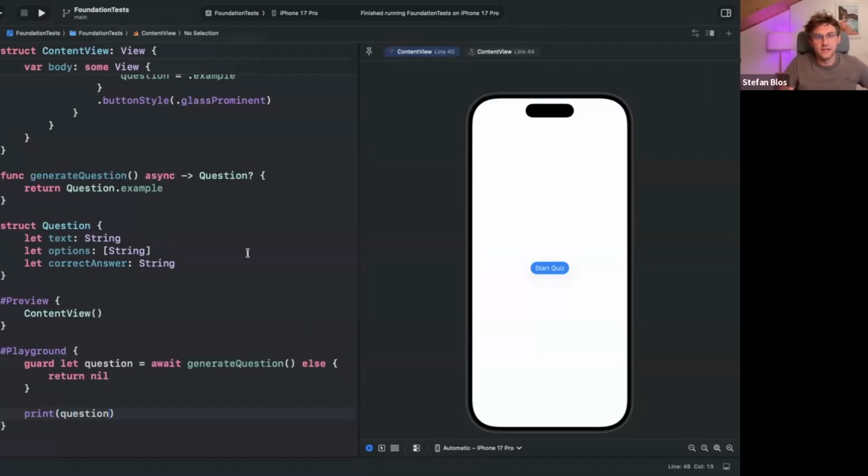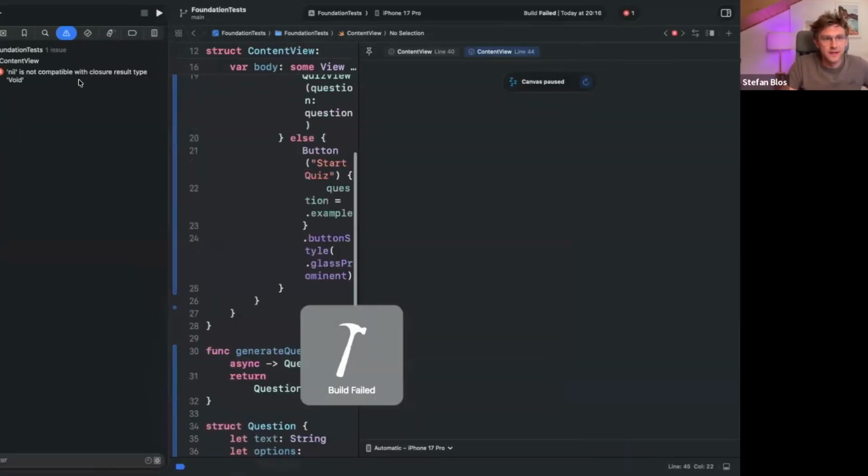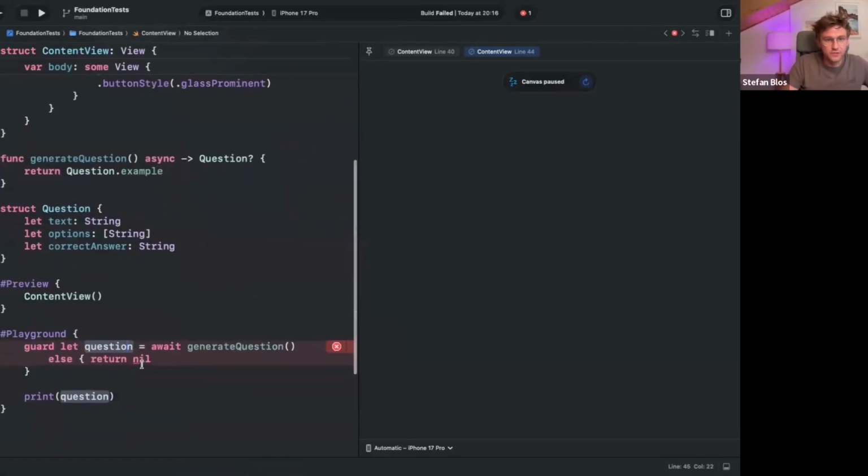All right. And what I can do now is next to the preview, I can now switch here and I can actually see how this question looks like or what the print statement does, which I think is pretty cool. And it doesn't build at the moment. So let's see what's going wrong here. And yeah, we can't return this. So we need to return,